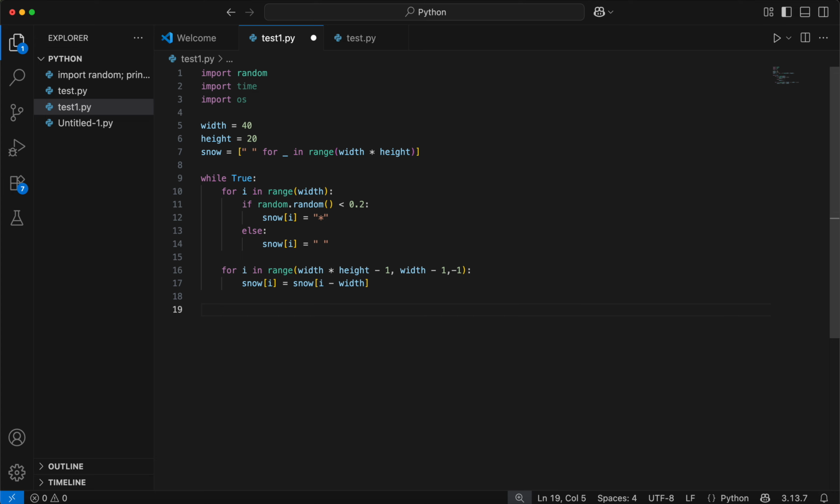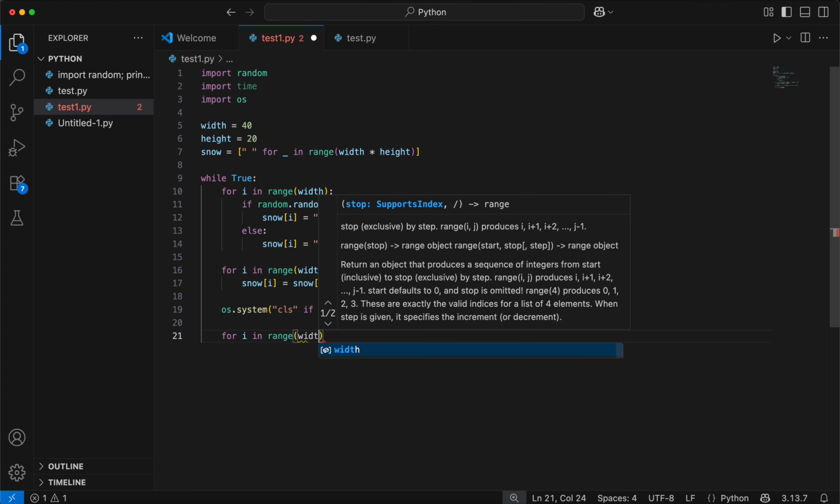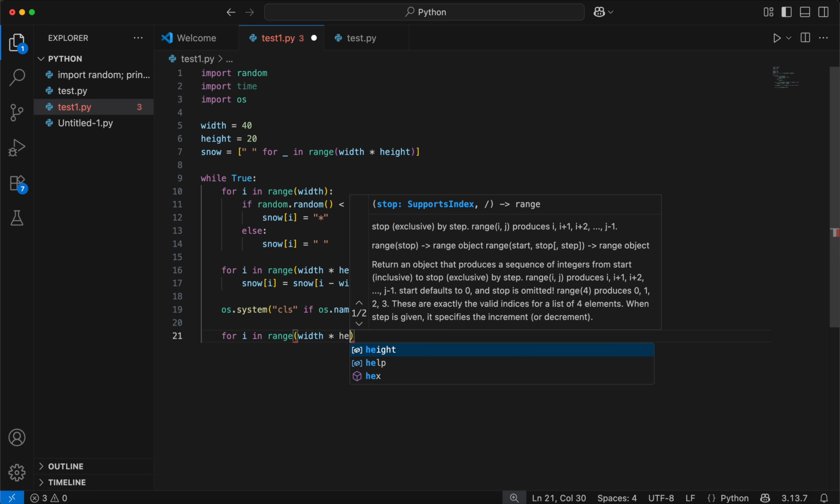Then I'd like to write os.system, cls if os.name equals any string nt, else clear. For i in range width times height